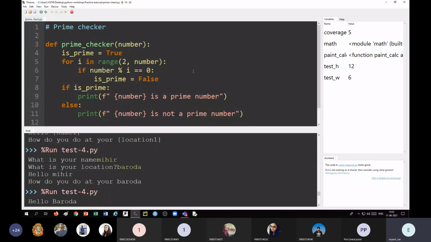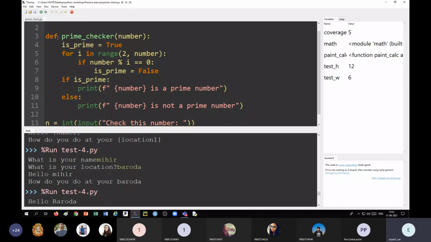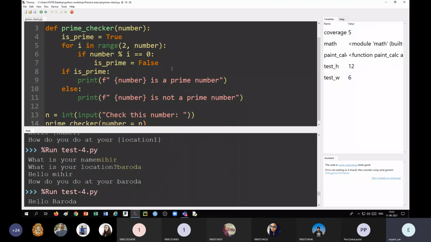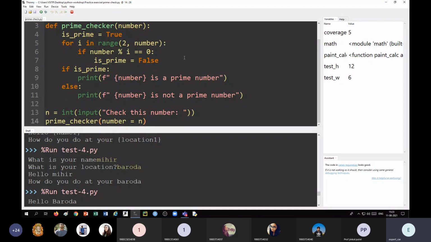So it's very simple. We define a function, say prime checker, and we'll supply number. is_prime equal to True, for i in range 2 to number. So we start from 2 to the number. Different logics can be used to find the prime numbers. Some may check till square root of the given number plus 1. But here the logic of the prime number is not important. The important thing here is only that we are writing a function with the variables.